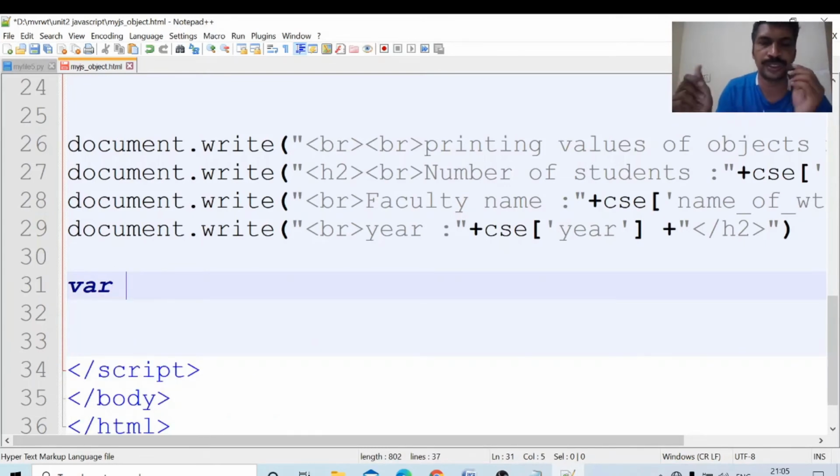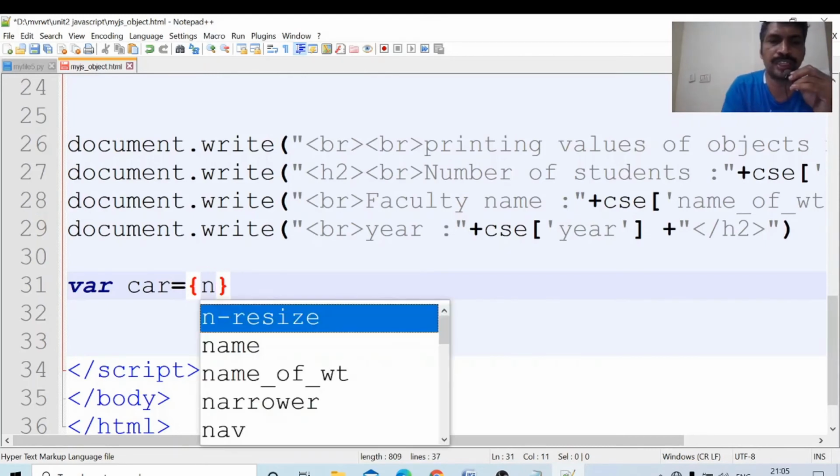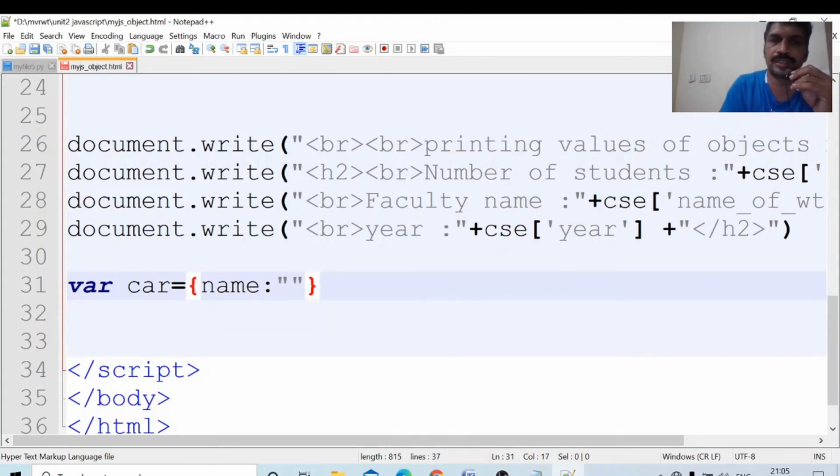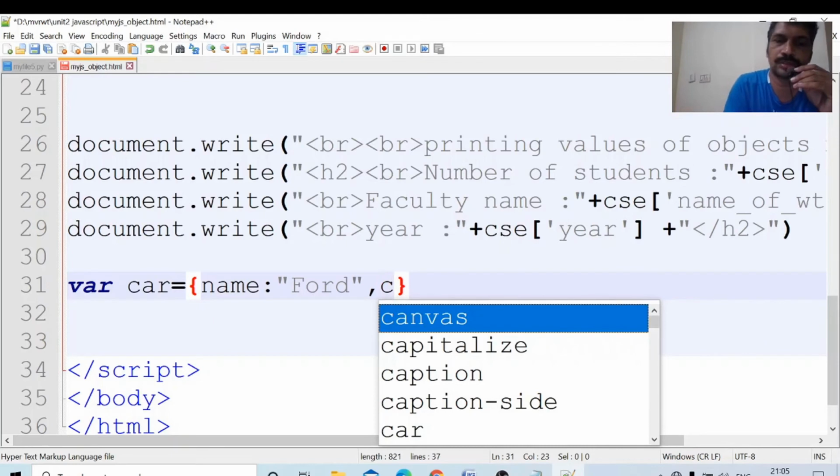Okay, here we have created objects and printed. Now I will create another object, a variable. Which object will we create here? What is the name of the object? Say some object. The name of the object: student is one object, vehicle, car. I will create the object car equal to, no object, just here we will create the name. What is the name of the car? The name of the car, we will write here, Ford.